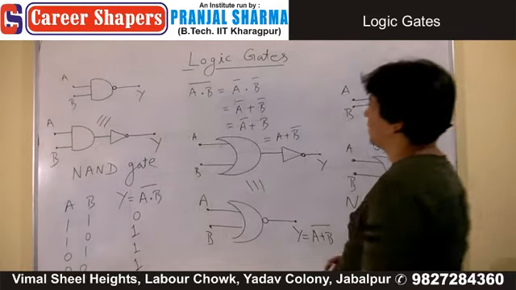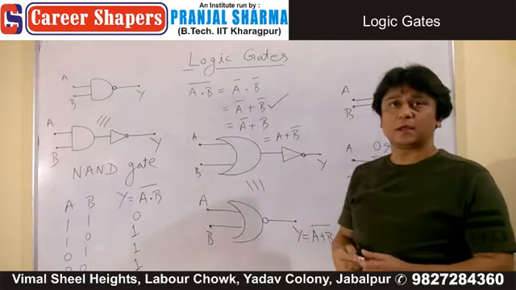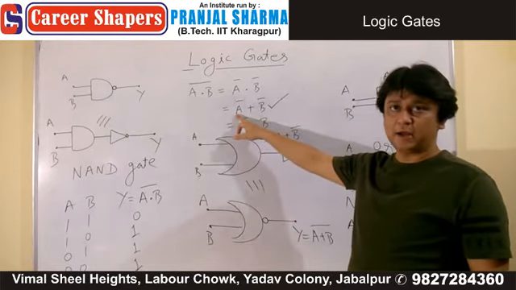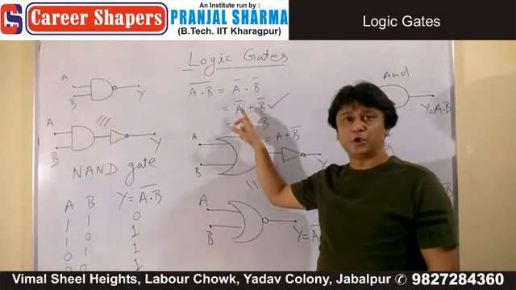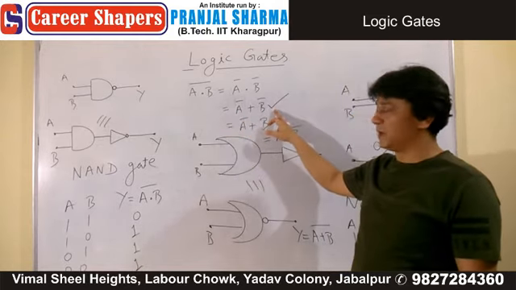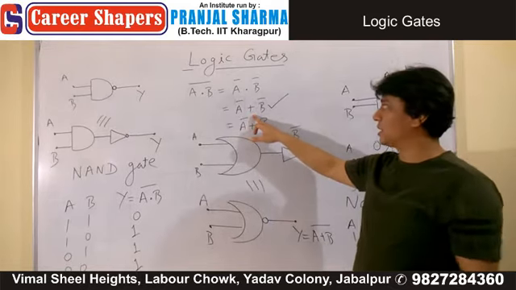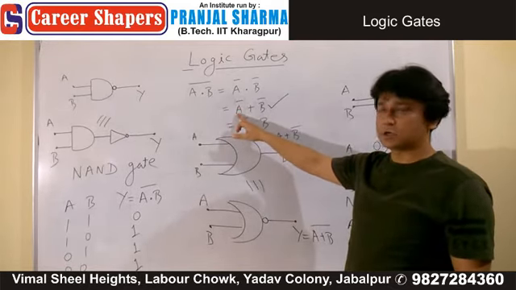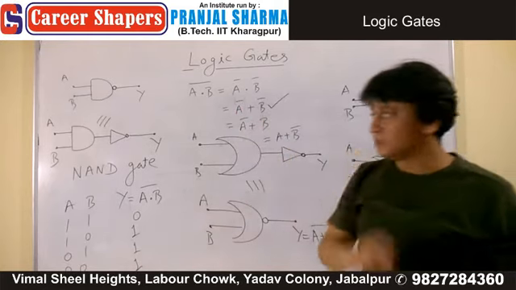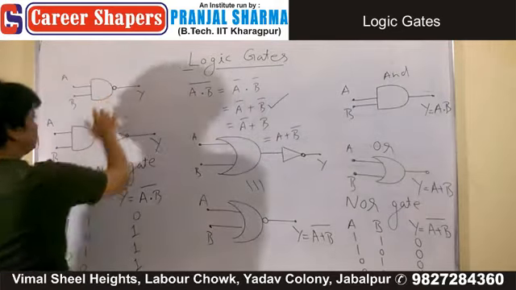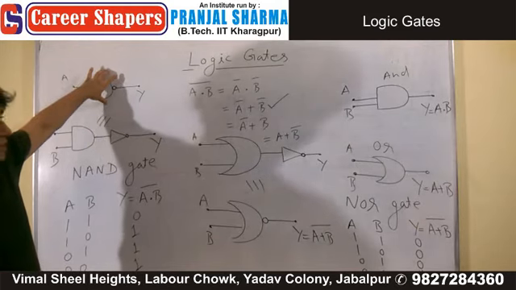Good. The correct answer is not A plus not B. What is this? Not A plus not B. So you have got what? An OR gate for not A and not B. Which means this NAND gate is nothing but